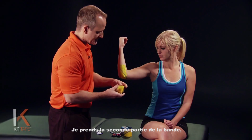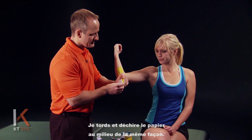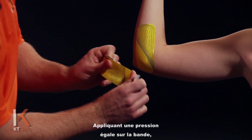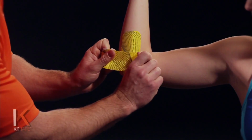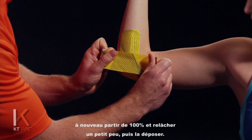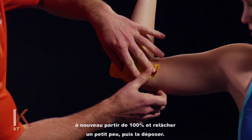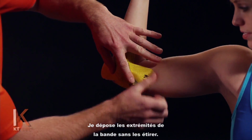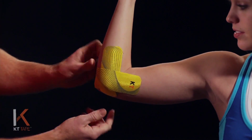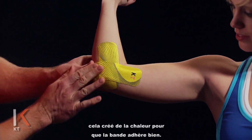Okay, and with the second half of that piece I just cut, tearing it the same way, twisting and tearing the paper on the back and in the middle. Even pressure on the tape. This time I'm going across that point of pain just in the opposite direction of that first piece. So 80% stretch, backing that off a little bit from 100 and laying that down. I'm going to lay the ends of the tape down with absolutely zero stretch. Just going to give that a good friction rub just to make sure we create a little bit of heat